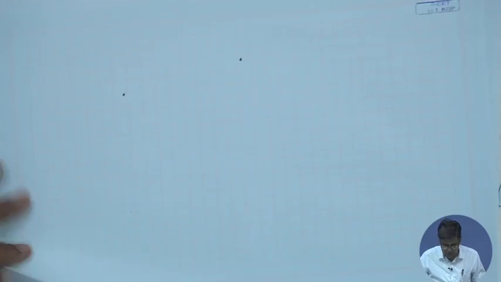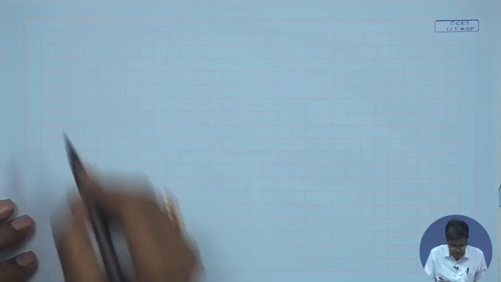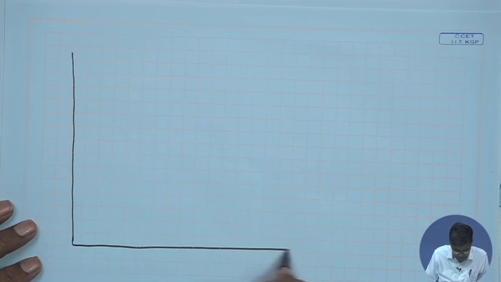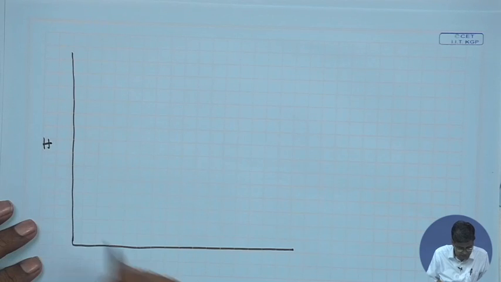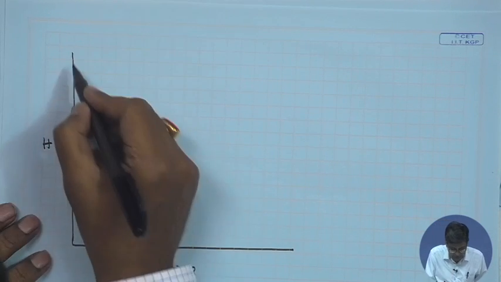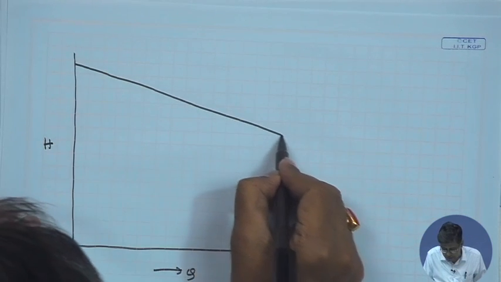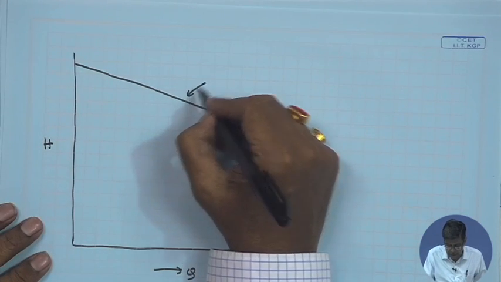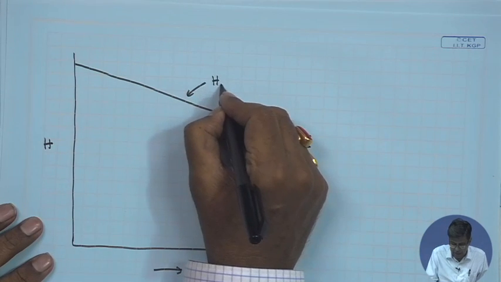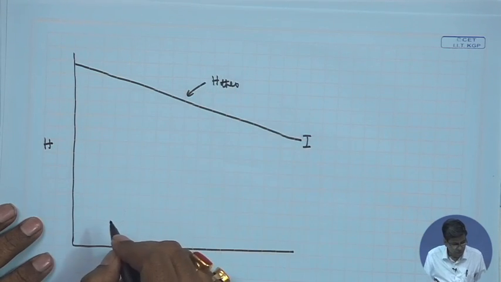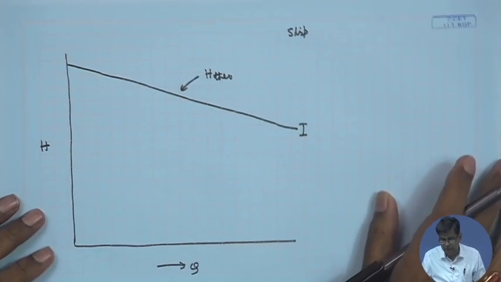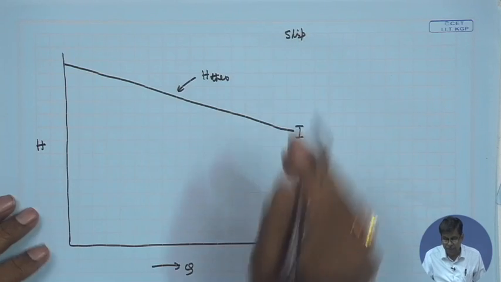Now, if we draw this in an HQ plane, H the head, Q here, then this is the theoretical, this is a curve 1 which we tell as theoretical head. Now, if we recognize one by one all the things that happen in practice or all the practical features we take into consideration,